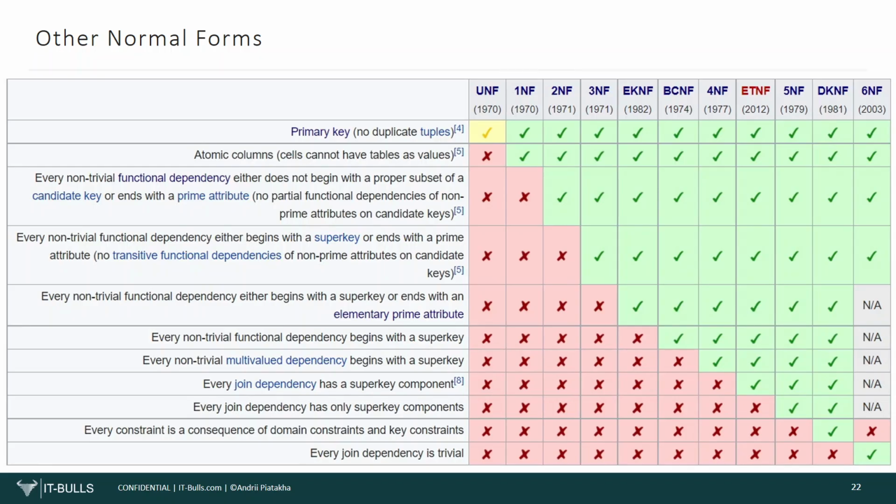Thus, it avoids all non-temporal anomalies. Sixth normal form is intended to decompose relation variables to irreducible components. Though this may be relatively unimportant for non-temporal relation variables, it can be important when dealing with temporal variables or other trivial data. A table is in sixth normal form if and only if it satisfies no non-trivial join dependencies